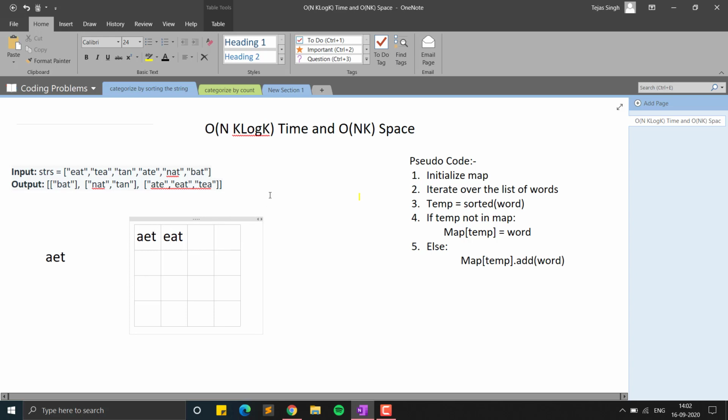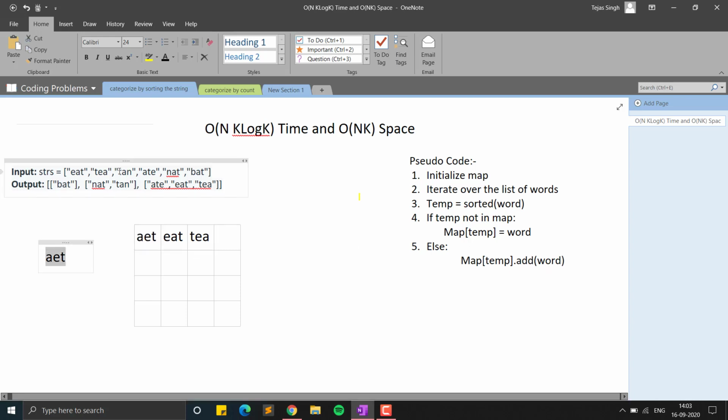For example, in C++ we can initialize it as a map of string comma vector of strings. So this is the vector of strings, or array of strings, and this is a normal key. So key and a list. Now we will insert this value, tea, also. So this is just the algorithm. It is not the particular syntax of an example or programming language.